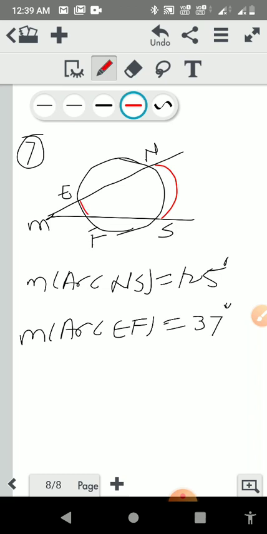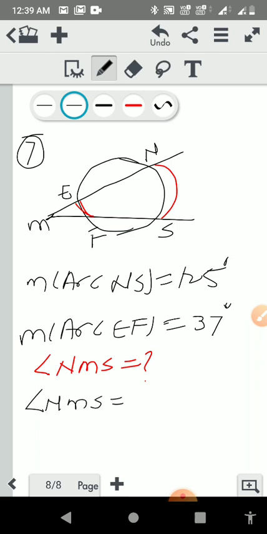This arc particularly, the small arc. So these arcs are given and we have to find out the angle NMS. If we see the inscribed angle, where two points are exterior, M is one of the points that is exterior, and we have to find out that angle. I can directly write here angle NMS equal to